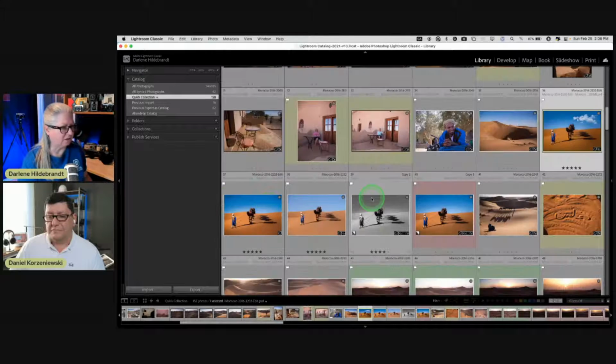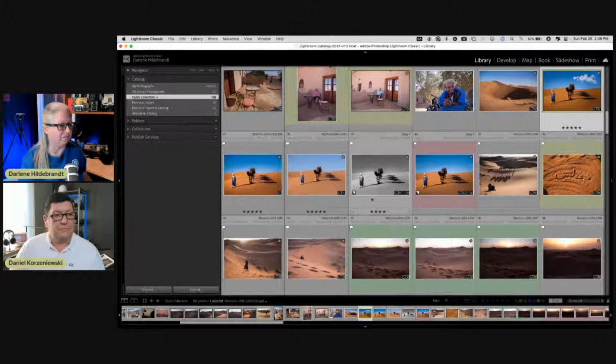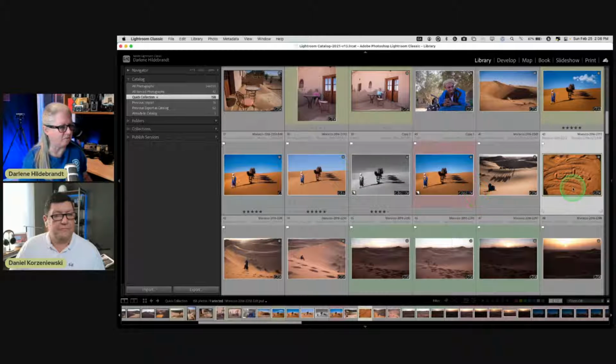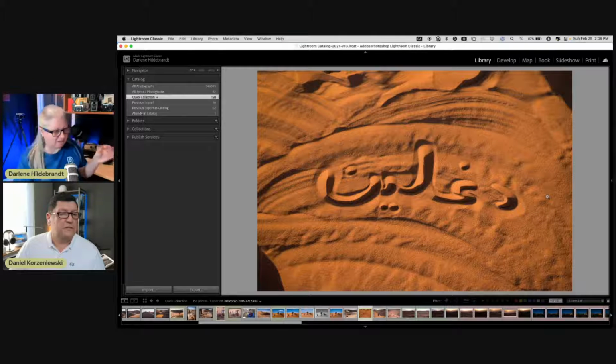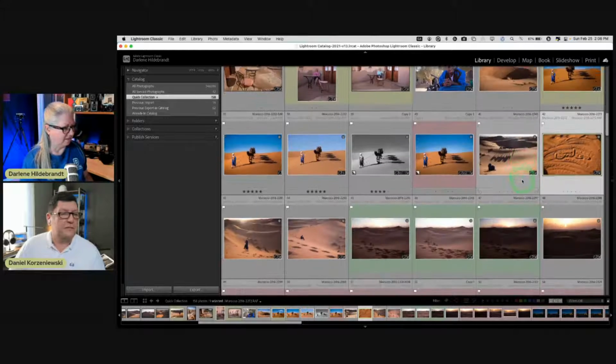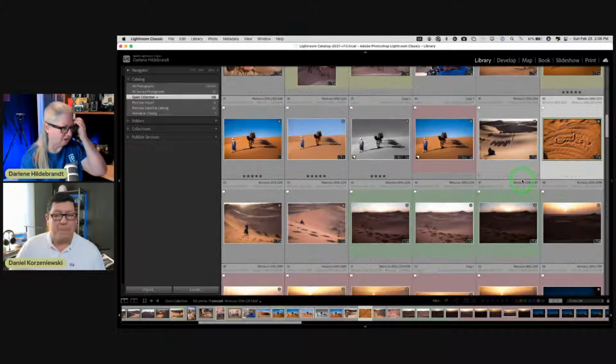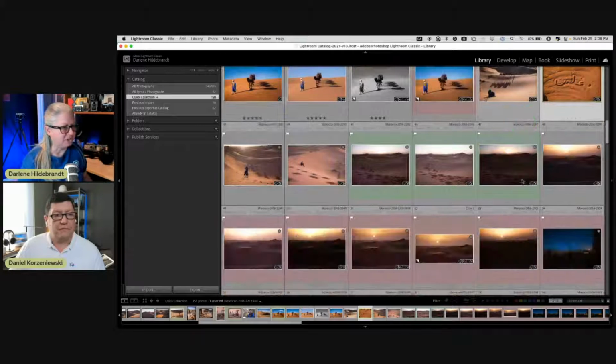So I got this one with, and I added the cloud in Luminar. And if I remember correctly, I was looking through all my Morocco pictures today. I think that's my name spelled in Arabic. I think so. I don't have to get that verified from somebody, but I've got these images that I took